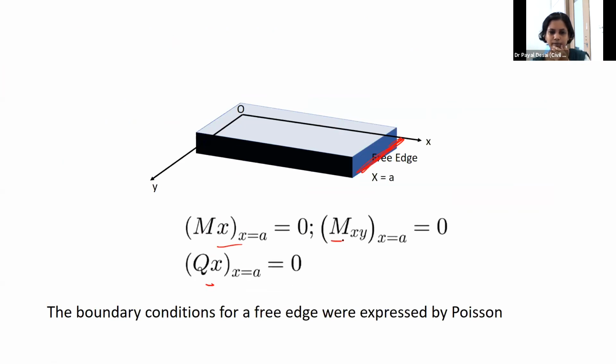So there is a problem here because there are three conditions, and I should prescribe only two conditions. Three are too many. These conditions were prescribed by the person named Poisson. But there is a contradictory thing because you have a fourth order equation. You can't have five conditions. You need to have only four conditions.